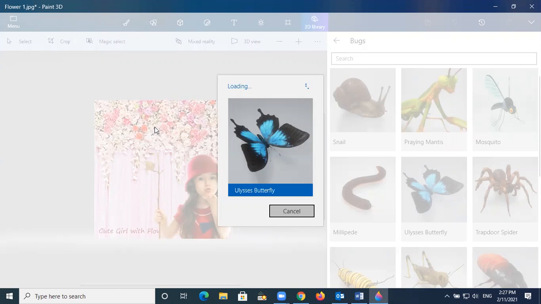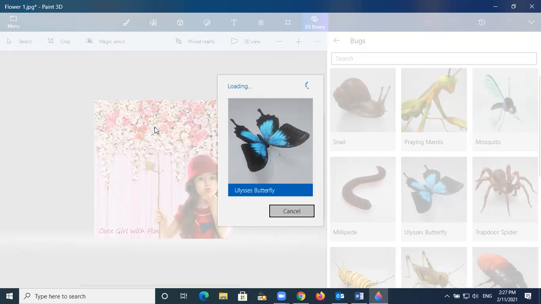Because now I'm adding the butterfly in this picture, okay? So these are the only three things that you have to do. Choose any two pictures, and then one of the pictures you have to cut, and then you come and paste it as a background for the pictures. Then after that, you have to put the title of the pictures or give the name for the pictures.